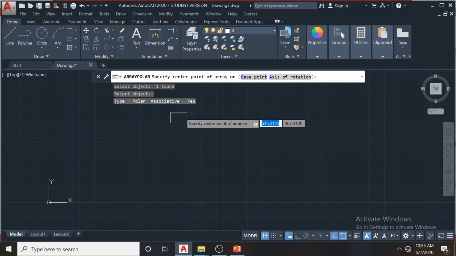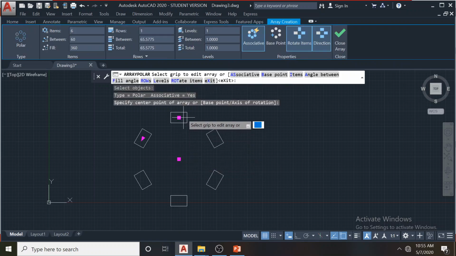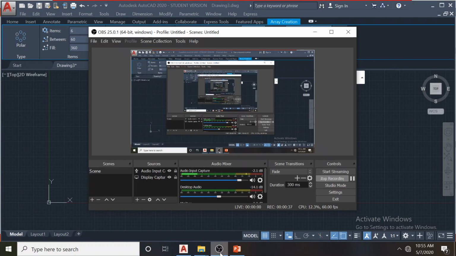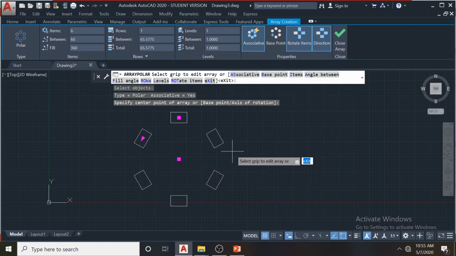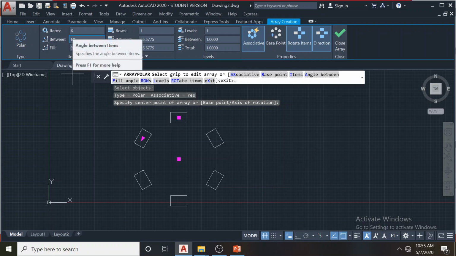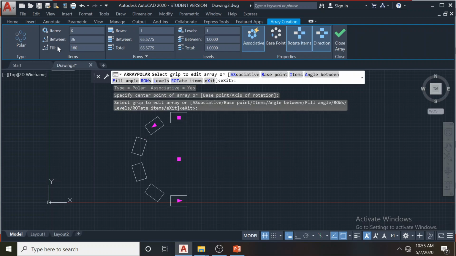Normally we give the center of the array, so it may be the origin, it may be a selected point. When I select this as the center, the array forms. Now it says 6 instances, the gap between instances is 60 degrees. If you want to have an unfilled array like this, it can be done.